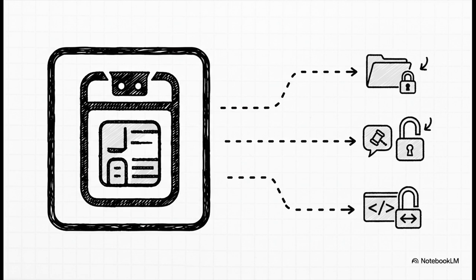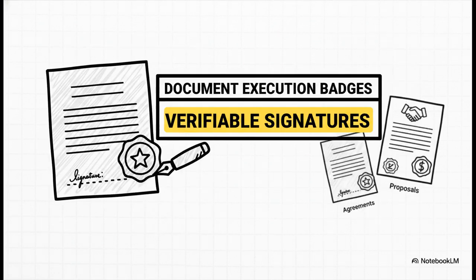Next on the list are authority badges. I love this one. They're basically digital keycards. They don't give you the big picture voting power of a governance badge, but they unlock specific doors. Things like getting permission to merge code, or being a forum moderator, or accessing secure files. Super specific, super important.